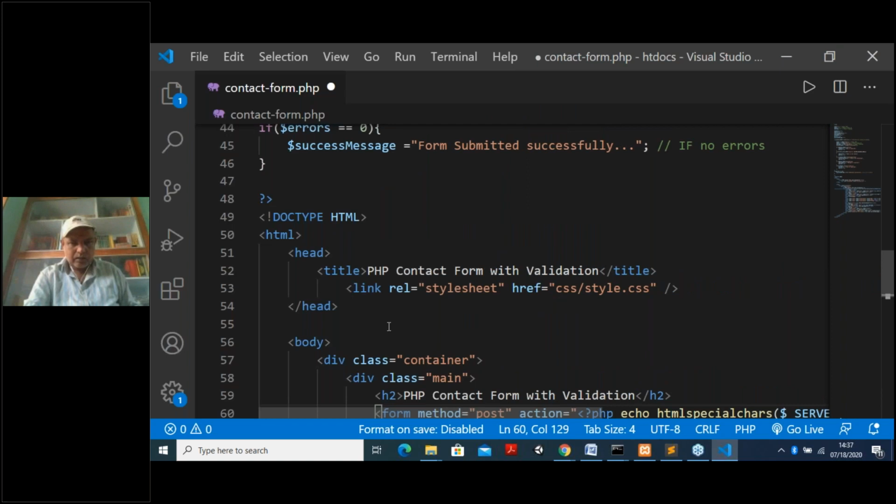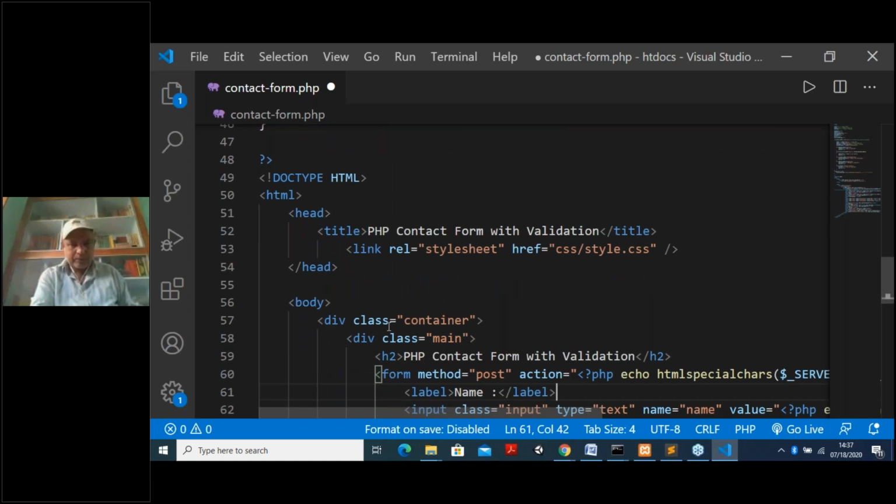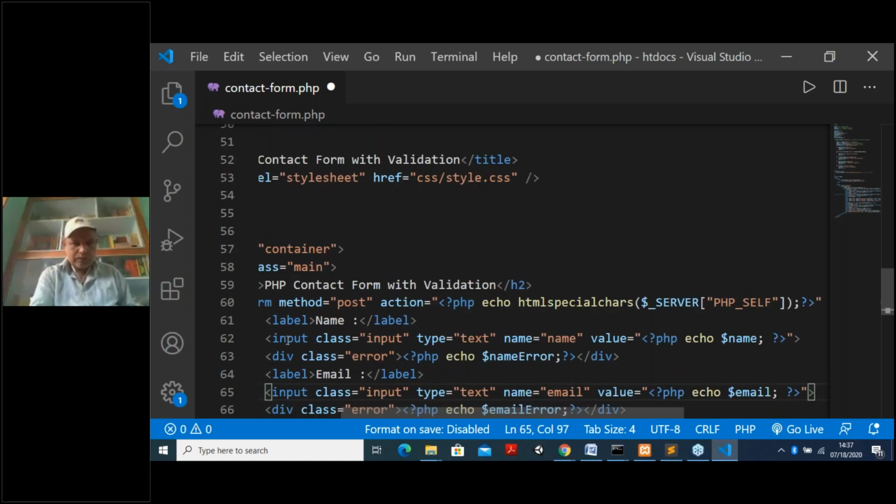So you can see, the label. First one is the name. Close the label. Then just next to the label, I am using input class is equal to input. I am putting it here because for this input I am showing some particular cascading style. Input class is equal to input, type is equal to text, name is equal to name, and value. What value will it show here? It is putting another PHP echo $name. So what is the variable we are using? name. Whatever input we put there, the same thing will be stored in $name. It's clear? Because here in the HTML form you are writing some value for this input text.